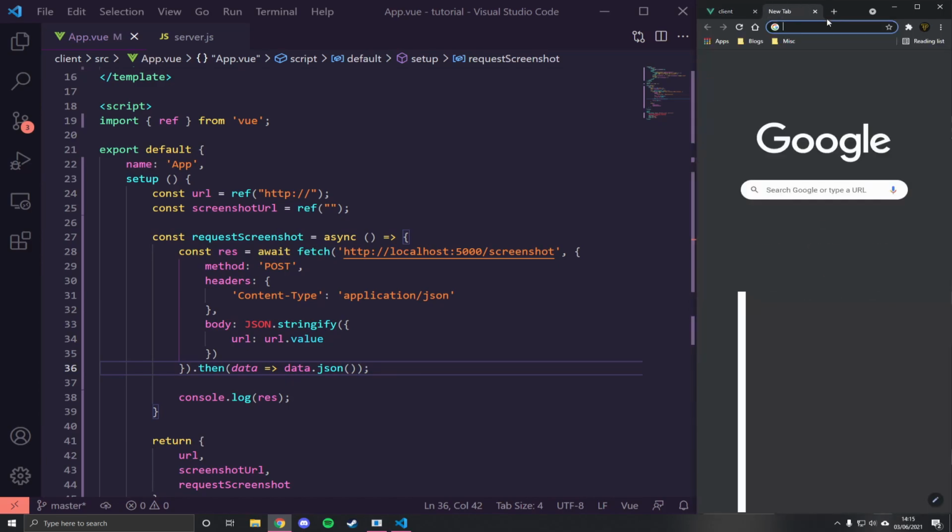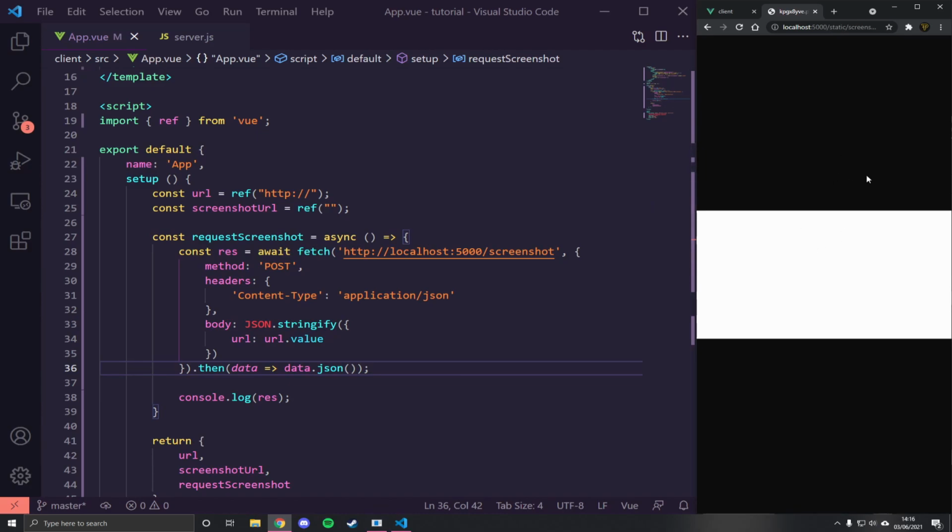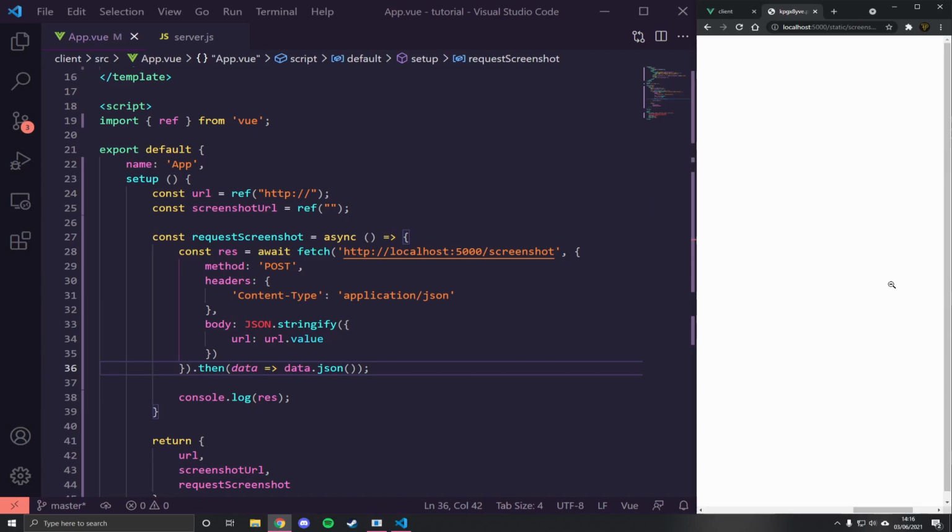and we go into our browser, and we go to localhost 5000 / static / screenshots / that .png. For some reason, this screenshot has become out white, which,